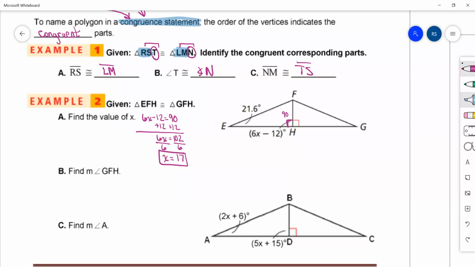Then it asked me to find the measure of angle GFH. So that's this angle right here. Well, I know that E and G go together. E and G go together. So that means G has to be 21.6. This box right here tells me that's 90. So I can add 90 and 21.6